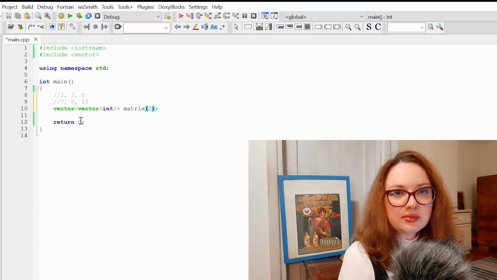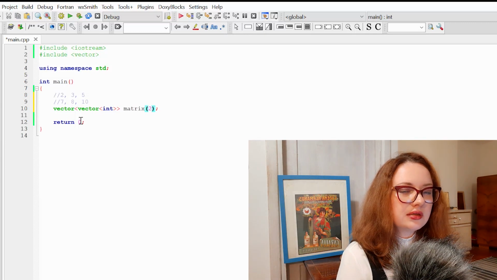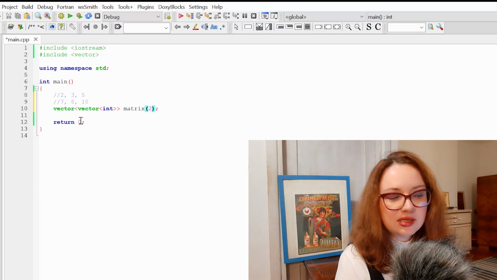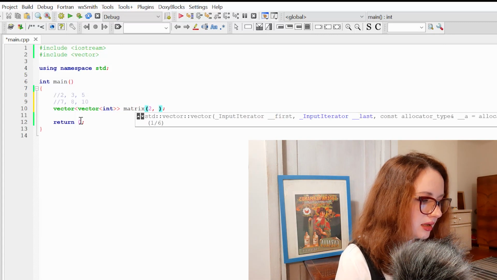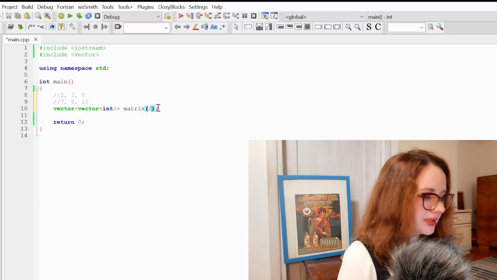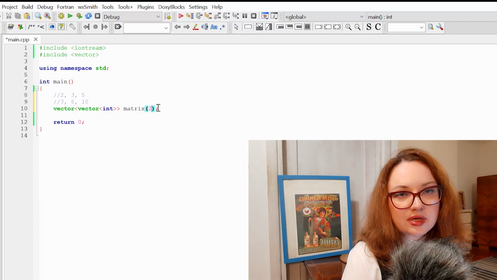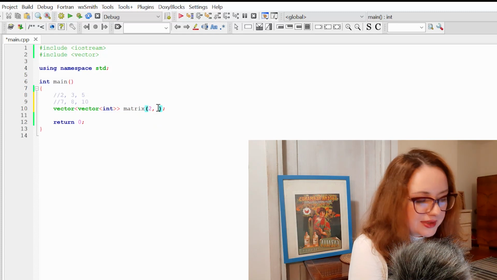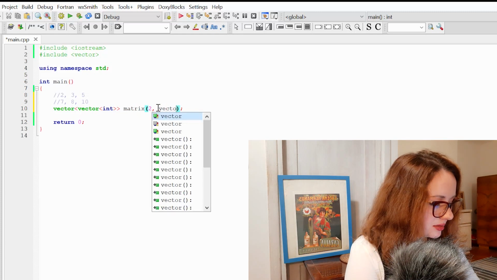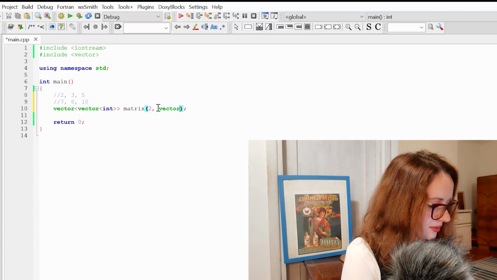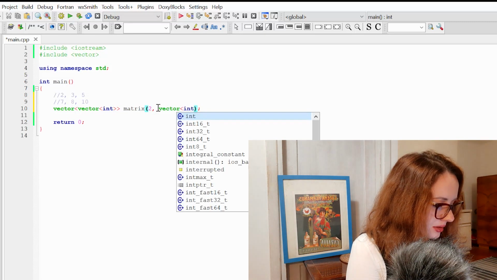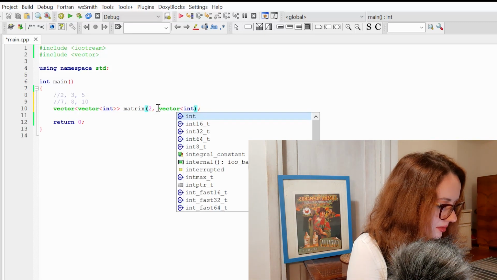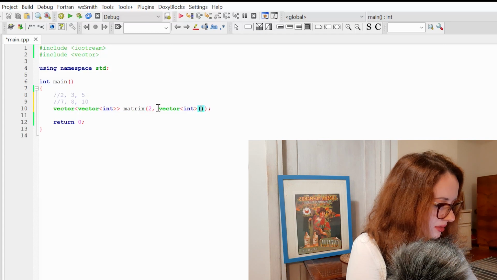Let's say, for example, I want to create a vector of vectors, but I want all subvectors to be the same. So in this case, once again in our round brackets, write comma and declare the type of the subvector. So vector integer 3.